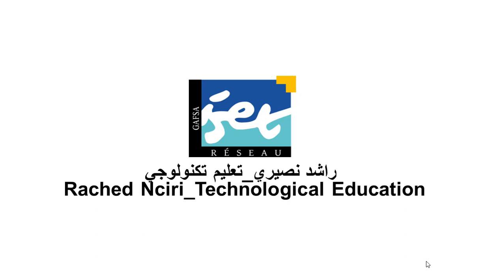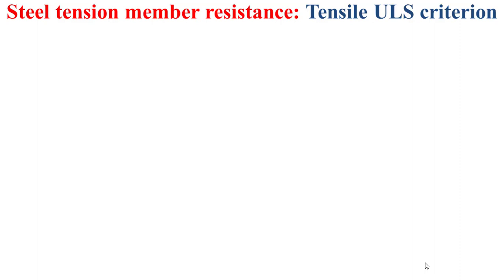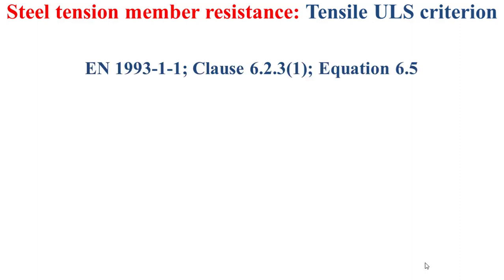Hi students, I'll try in this educational video to technically introduce the steel tension member resistance as the ultimate limit state criterion associated to tensile. Of course, as simply and as clearly as possible. Okay, let's go. Based on the Eurocode 3 standards associated to the European Standard 1993, the ultimate limit state